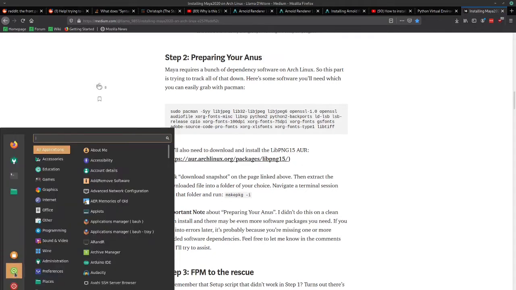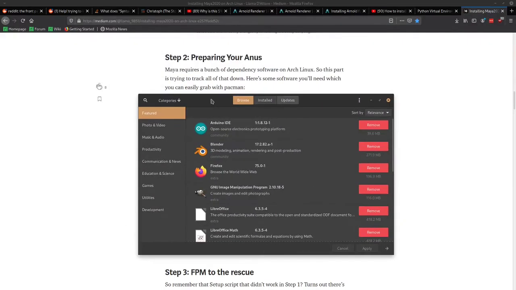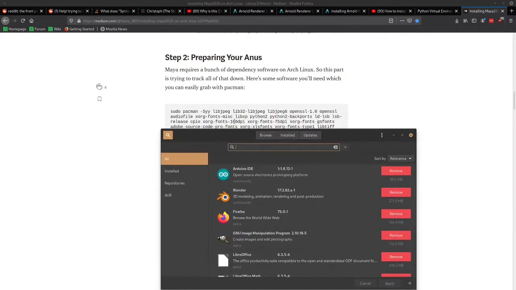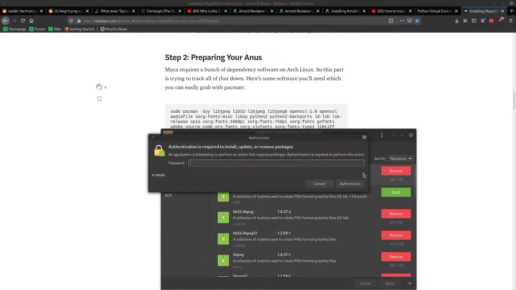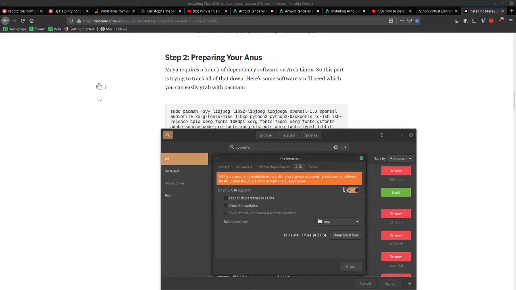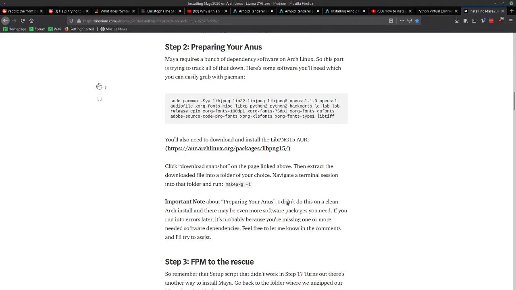So if you're on Manjaro, which this tutorial is for, you just go into add or remove programs and type in libpng15 if you have AUR enabled and install it. If you do not have AUR enabled, you can go here, go into preferences, right here, go into AUR and just click enable AUR support. So after those are installed,